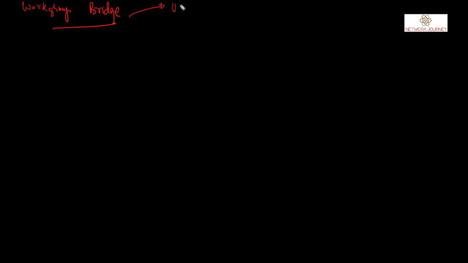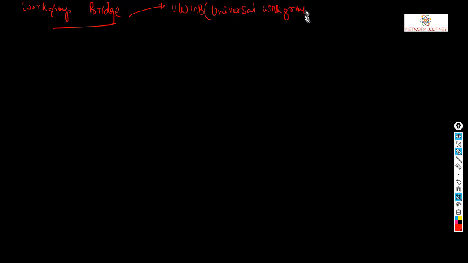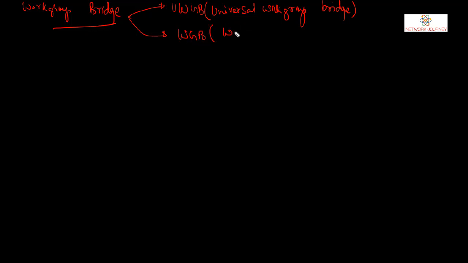So what is workgroup bridge? Okay, so basically there are two types of workgroup bridge. One is called UWGB, which is written as Universal Workgroup Bridge, and the second one is WGB, Workgroup Bridge. Okay,